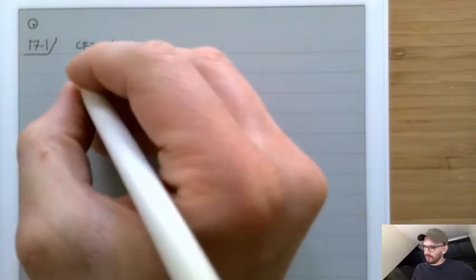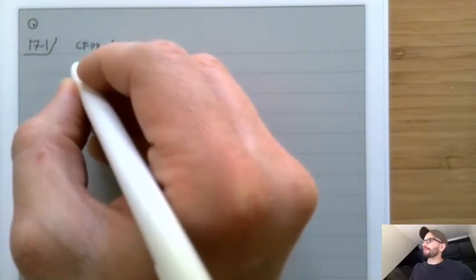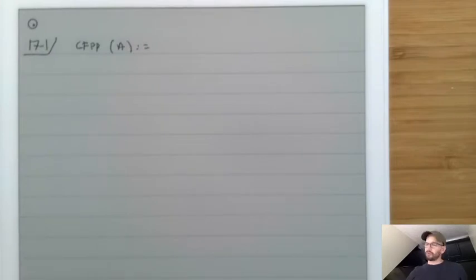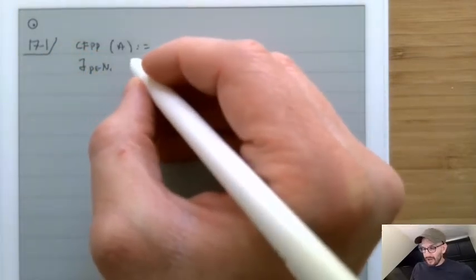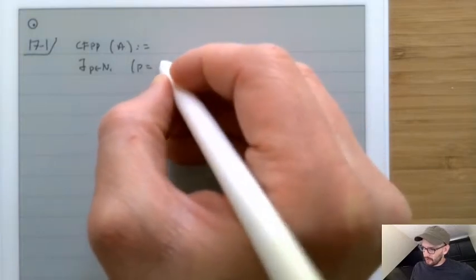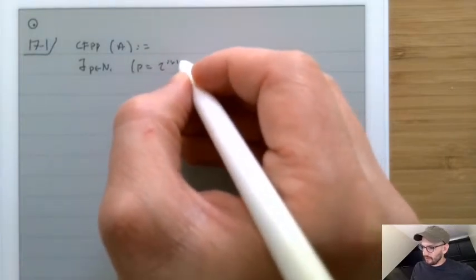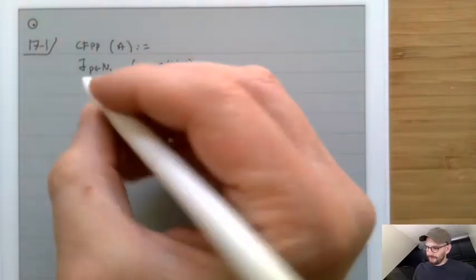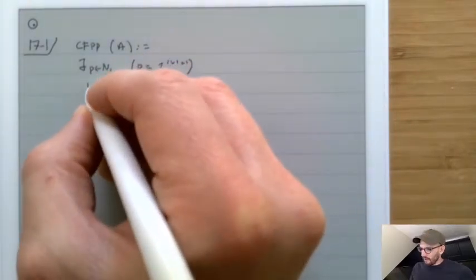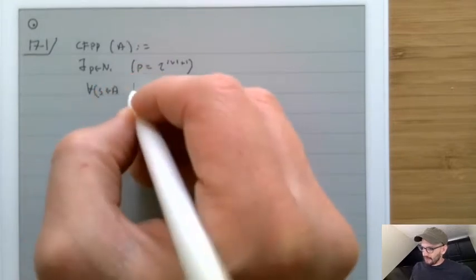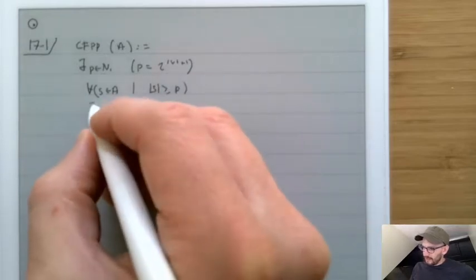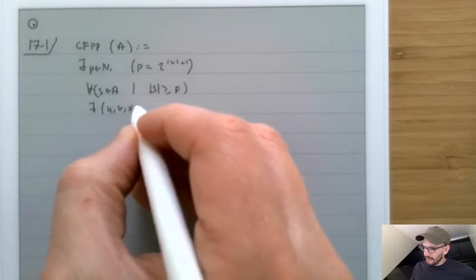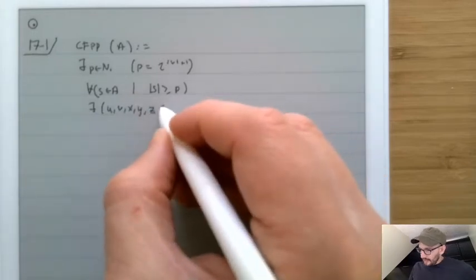Recall that it says that there exists some number p inside of N, which we know is equal to 2 to the number of variables plus 1 inside of the context-free grammar, where for all s that come from A, if the length of s is greater than or equal to p, then there exist u, v, x, y, and z inside of sigma star